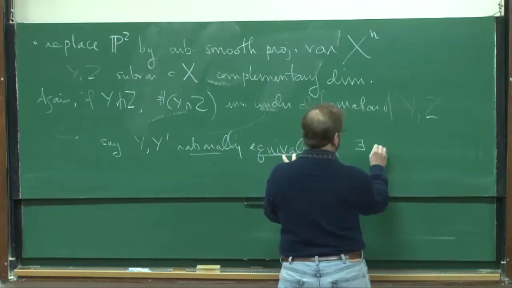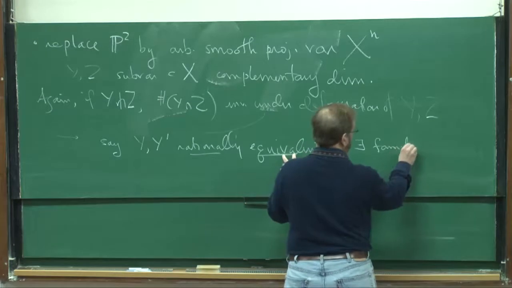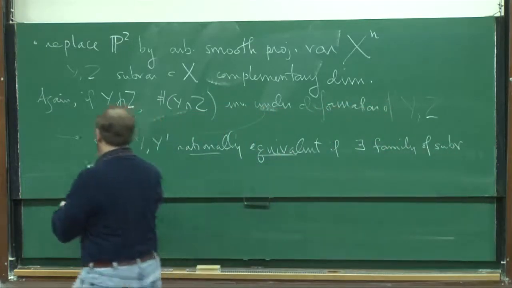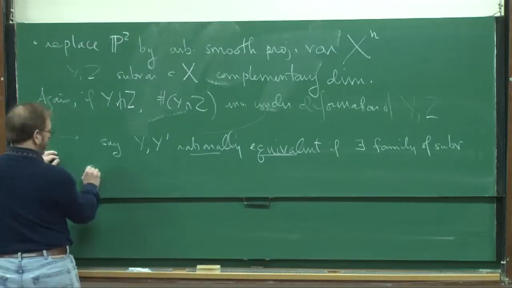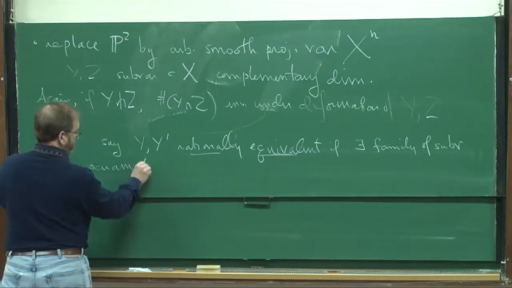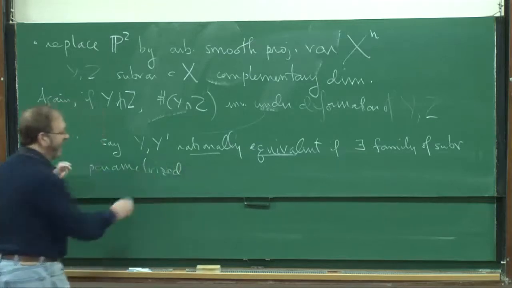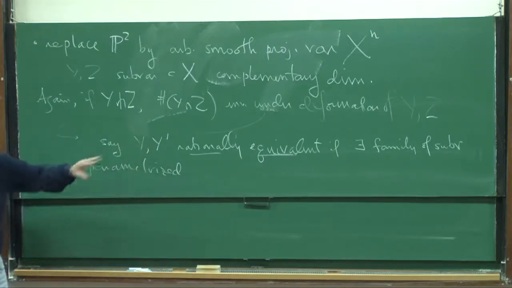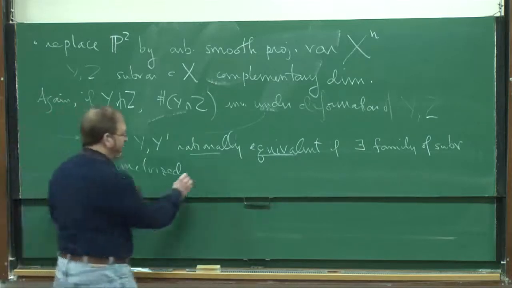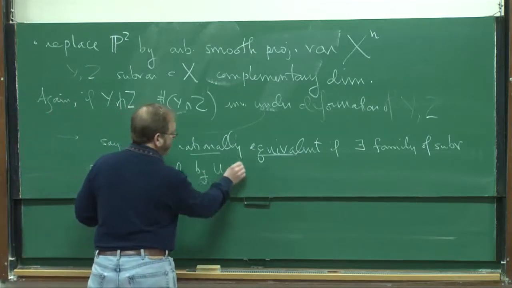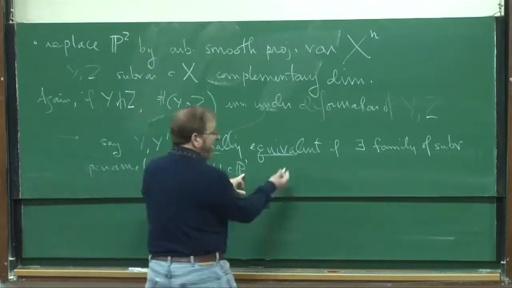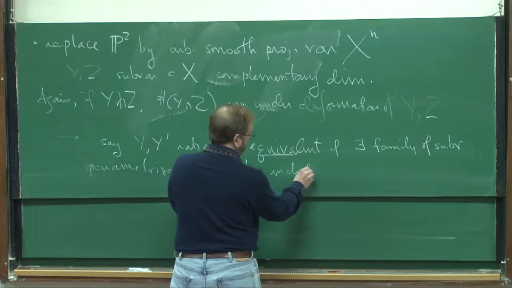If there exists a family of subvarieties parametrized... we're trying to work entirely algebraically, so I don't want to talk about continuous deformation. I want to say that two things are equivalent if we have a family of subvarieties parametrized by an open subset of an algebraic, connected algebraic curve, like P1, and including both